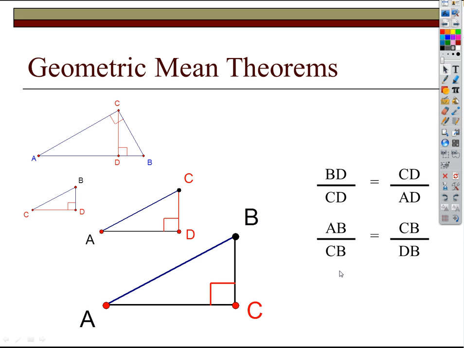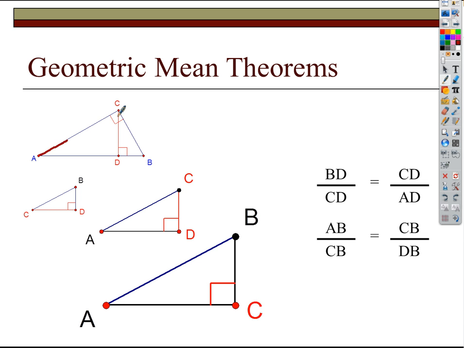Okay, there's really just one other geometric mean relationship, and they're going to break it into two separate equations, but we don't need to. I'll show you why here in a second. Here's the other one. The other one says if you take one leg of the original big right triangle, it doesn't matter which one. In this case, we're going to take the short leg. And everybody agrees if I take my original